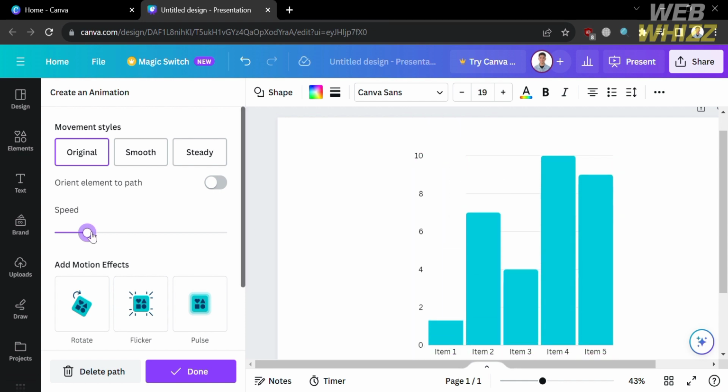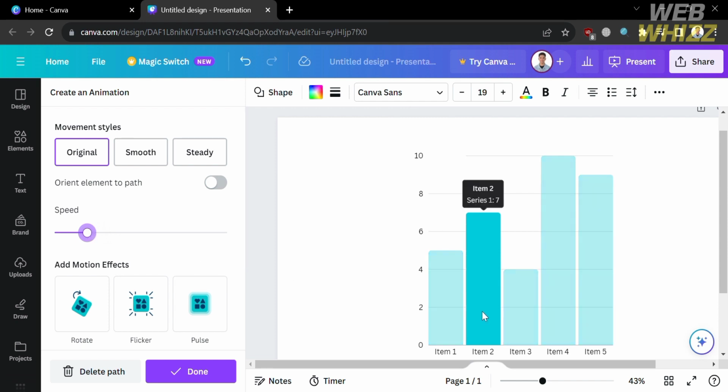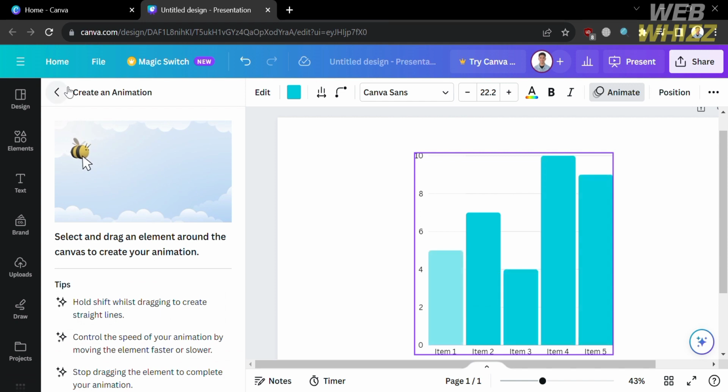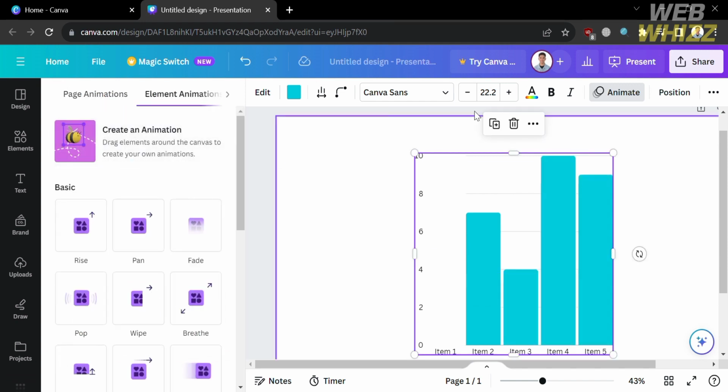So for instance, we're going to change the speed of this animation. And in order to do that, under the speed, kindly drag this button or this circle to the right side. And now, after adding an animation to a specific element that we use to cover up and make the graph moving,